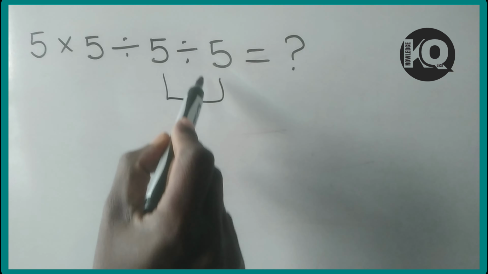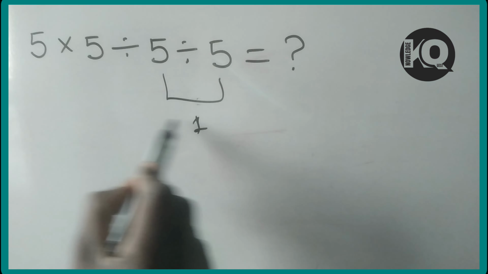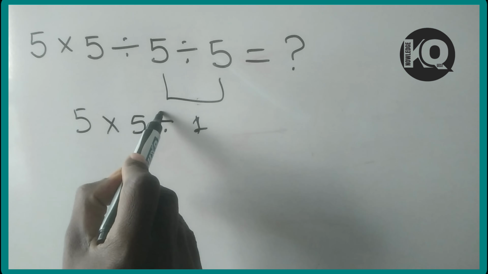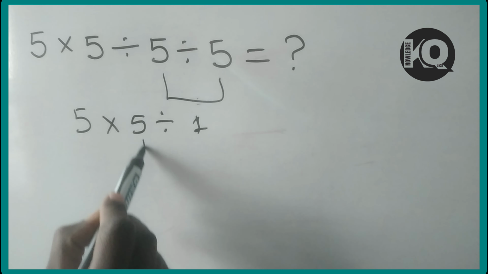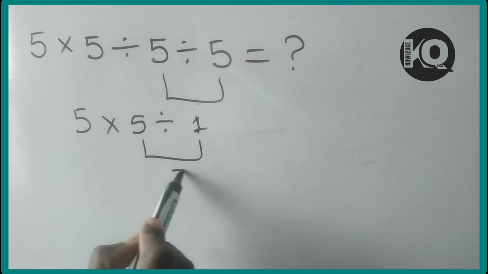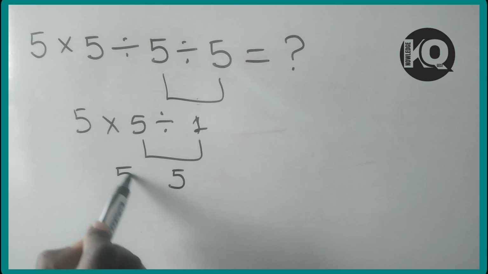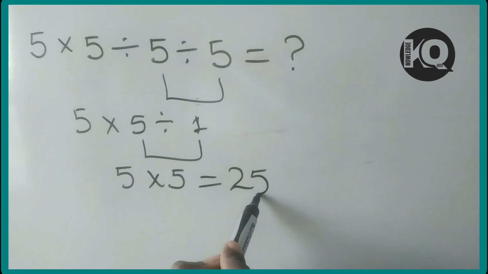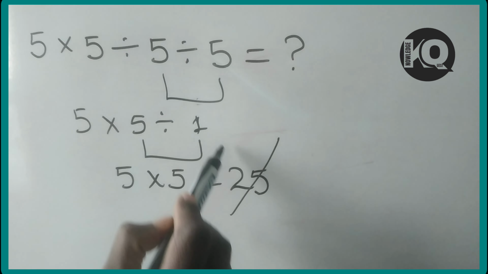So 5 divided by 5 will be 1. So we have 5 times 5 divided by 1. And 5 divided by 1 will be 5. So we have 5 here times 5, which is equal to 25. But this answer is not correct,